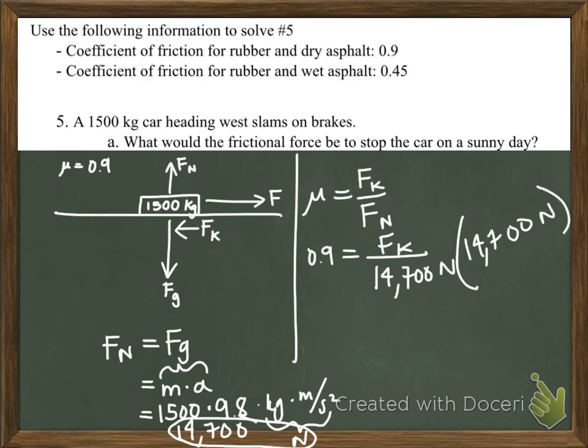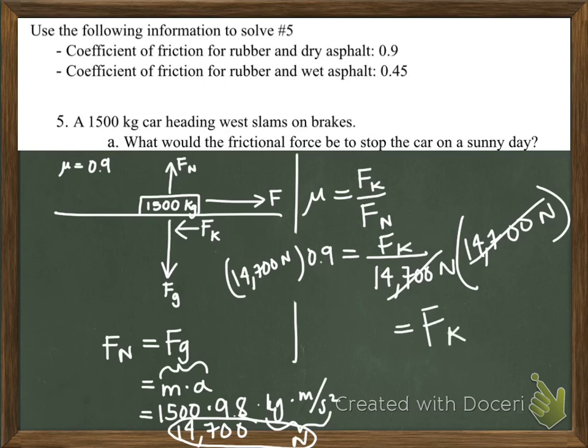And then the same thing on this side. Let me clear out some of the space. So we multiply by 14,700 newtons. And why do we do this? Why do we multiply both sides by this? So we can cancel these out, right? So now we have the force of